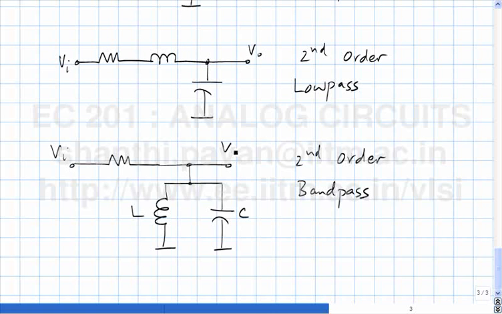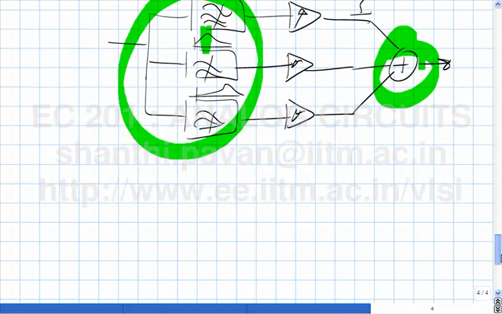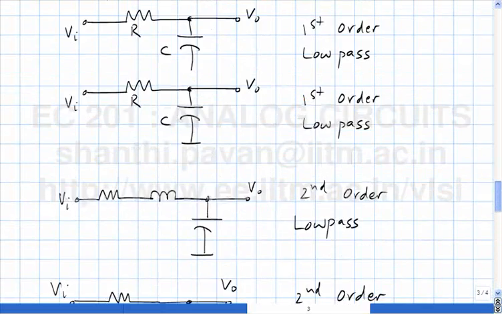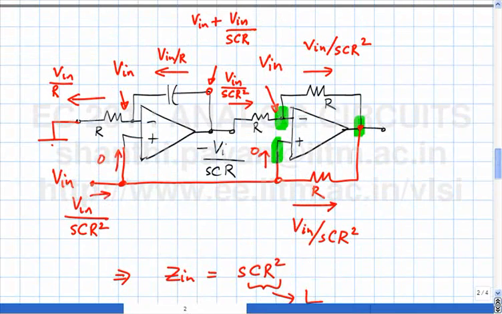So this network selectively allows frequencies in and around the resonant frequency of the LC circuit to pass through and attenuates all the other frequencies. A way in which you could realize the second order band pass filter is to take our